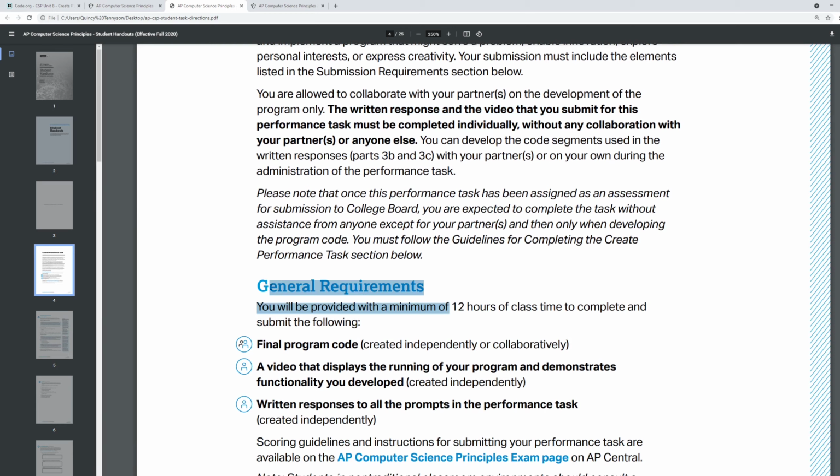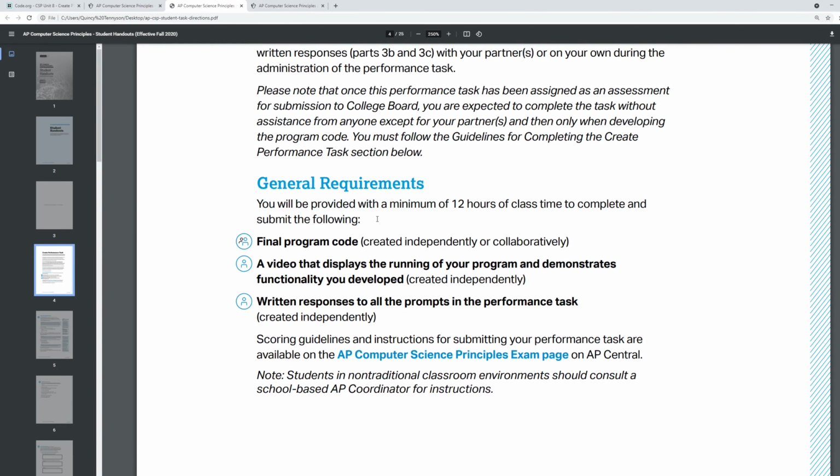Let's move on to talking about like what is actually required. Now, we are going to be working on this outside of, quote unquote, outside of class. And what I mean by that is that all the asynchronous time that is built into our hybrid schedule will be devoted to the create task. I will not be assigning you any homework, or if I find it that it's critical, I might assign a little homework, but from this point forward, I won't really be assigning homework